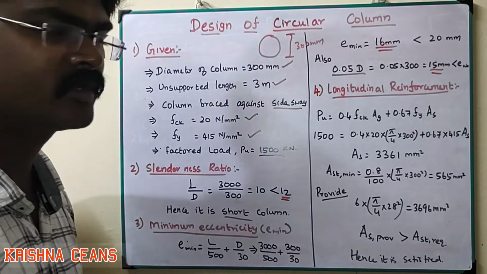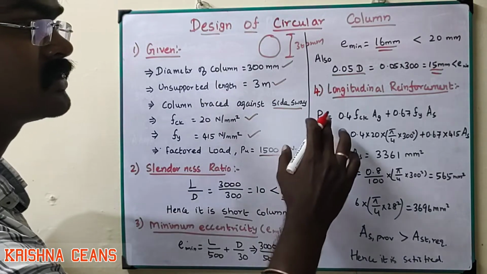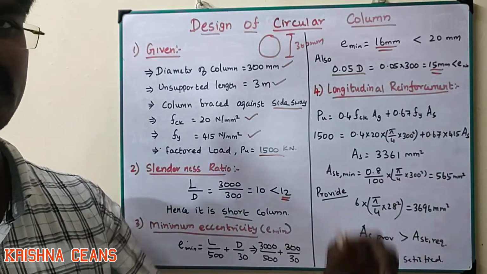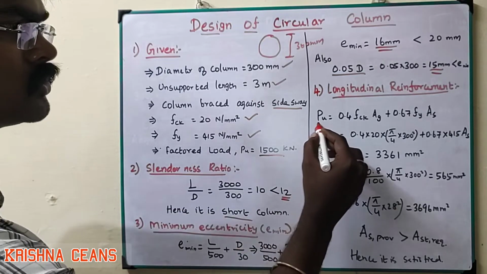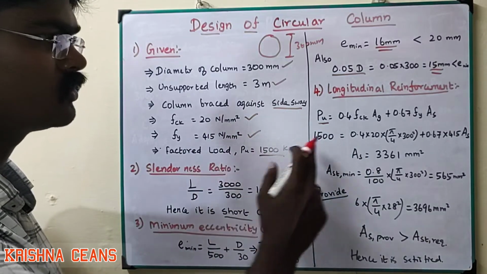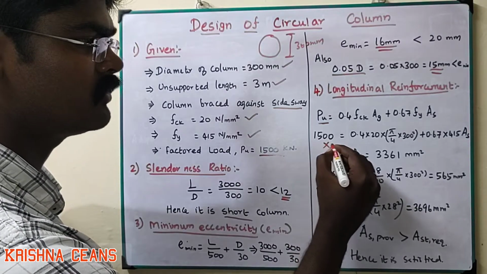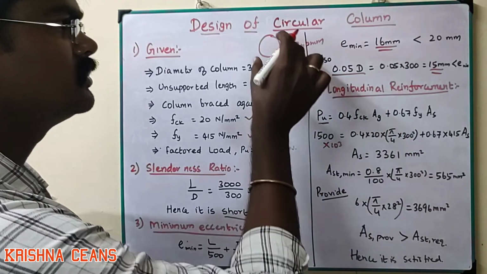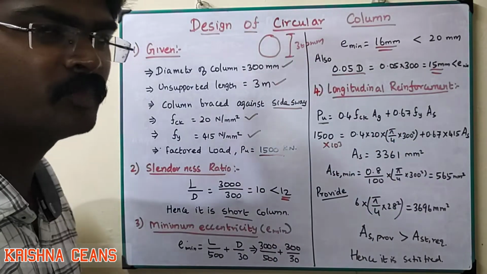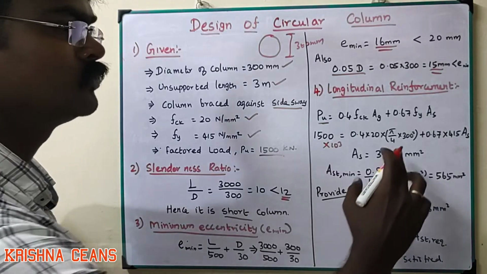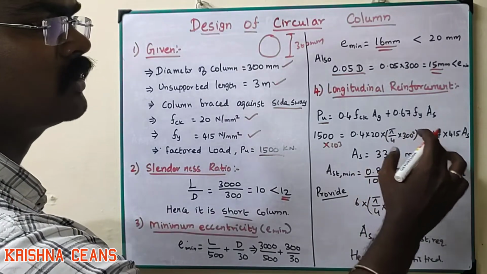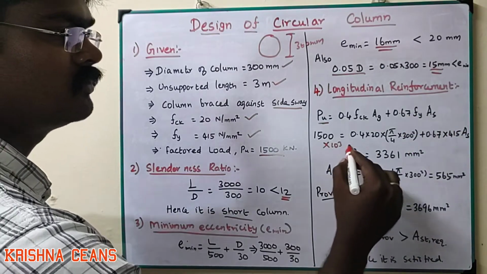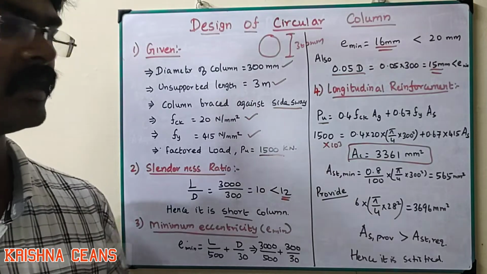So let's go for the longitudinal reinforcement. The formula is Pu = 0.4 fck Ag + 0.67 fy Asc. So substitute all the values here. Since they provided the ultimate load only, we directly substitute 1500 into 10 to the power of 3 equal to 0.4 into 20 into Ag, which is circular in shape, so substitute the pi d square by 4 formula: pi by 4 into 300 square, plus 0.67 into fy 415 into Asc. So after solving the equation, we got the Asc value is